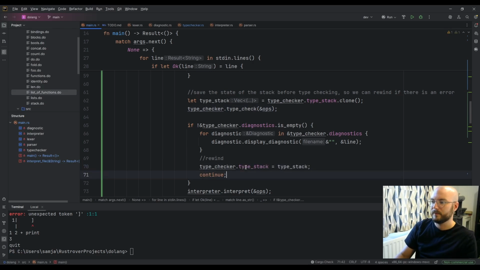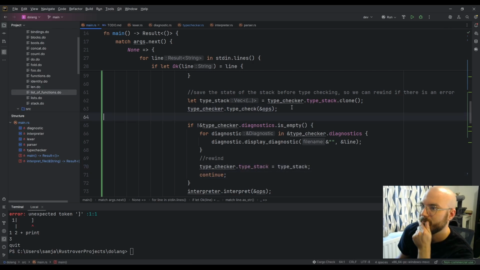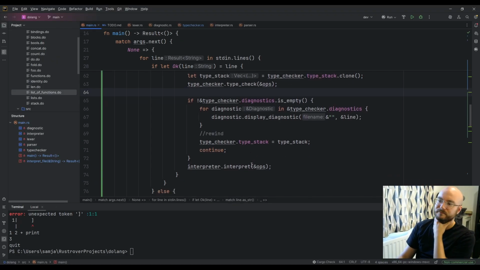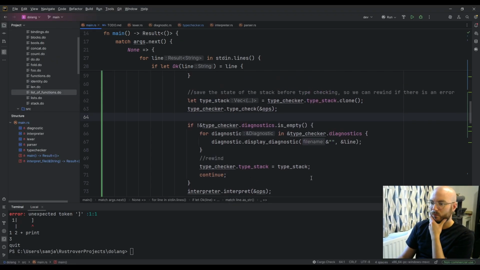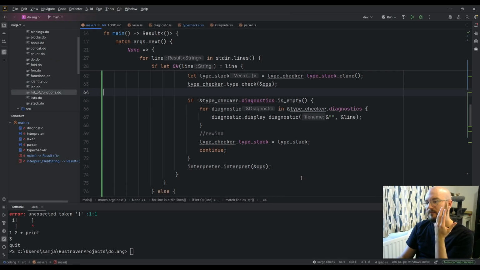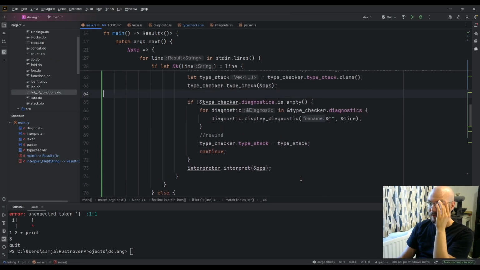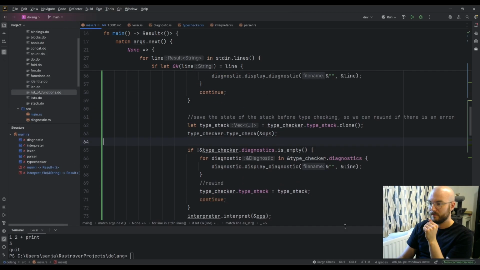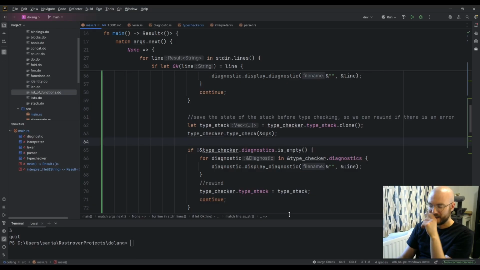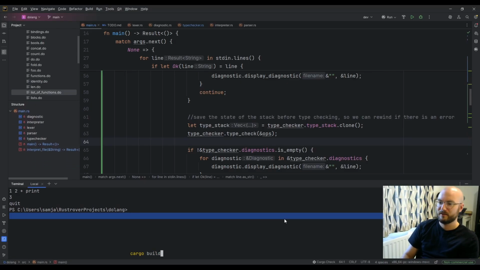And then I can probably just do that. Yeah, that makes sense. I don't need to own the diagnostic. Cool. So now I can mess up the type checking, and it will rewind the stack.